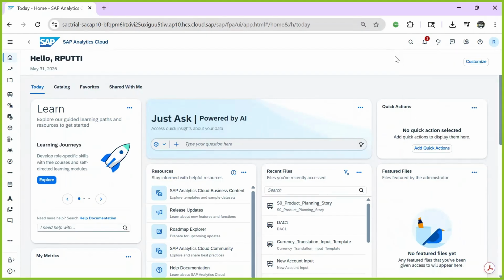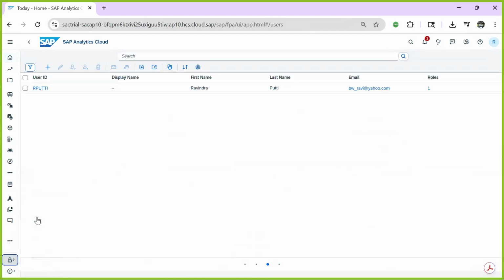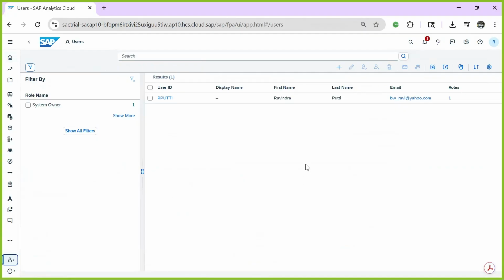Fine. Now, in order to create a new user, go to security, click on this. Under security, you'll find the users option. Click on it. Currently, in this trial license, we have already one user, which is a system owner. So the role name is system owner. In order to create a new user, let's go to create user,